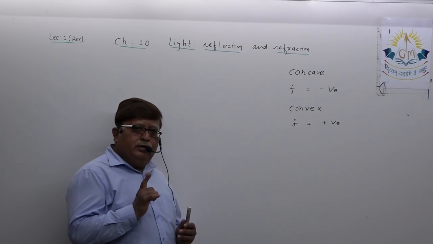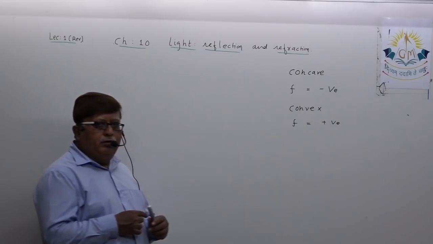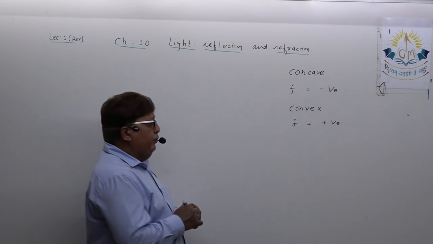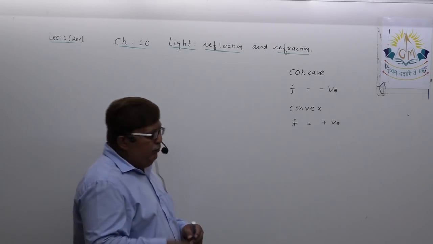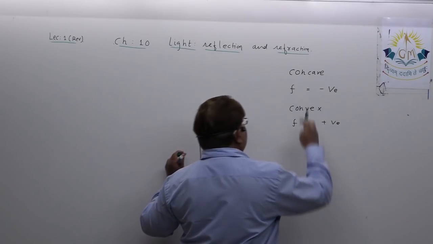For concave mirror, focal length is always negative. For convex mirror, focal length is always positive. These two important points, not only this,